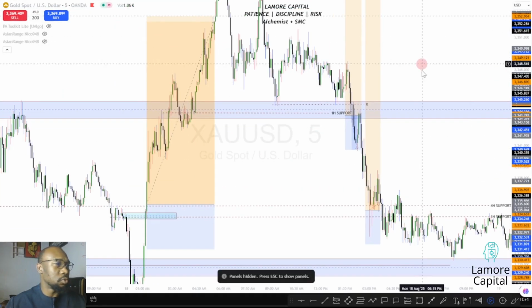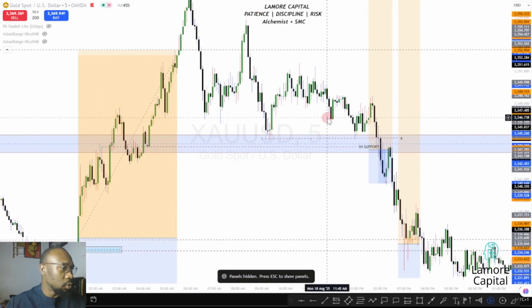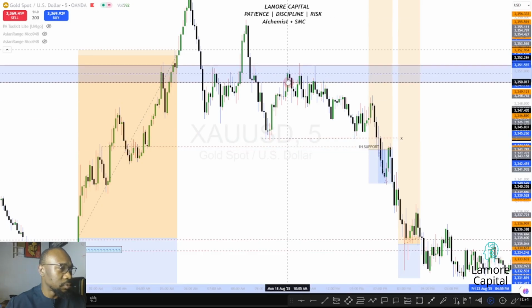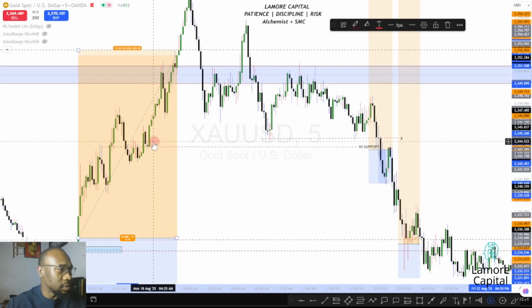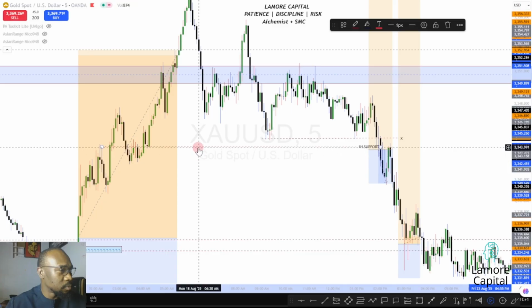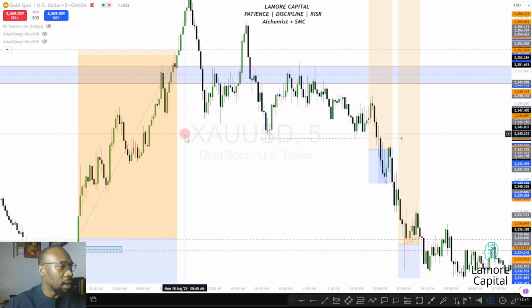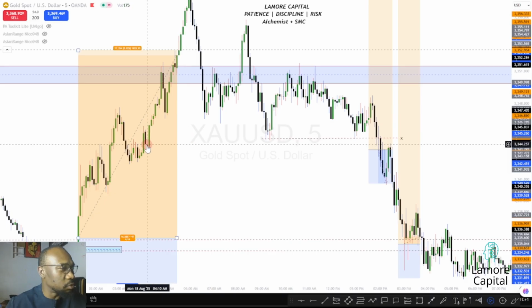Okay, so let's go through that. On this particular psychological level, let me take it out. But we know that our psychological level is there. On my psychological level, I saw this particular order block here. Can you see this lone order block here? And what did the market do? This particular inducement did not tap into the body candle. If you have been watching my trade recap, you will know that I don't use the wick on gold. I don't use wicks because wicks are not really relevant on gold.